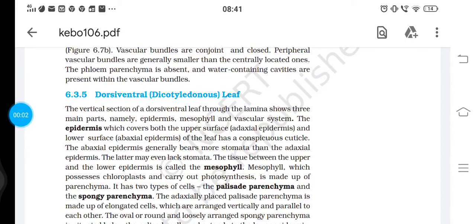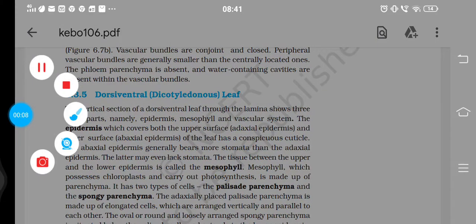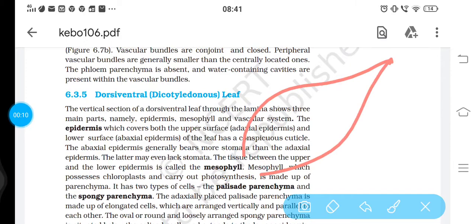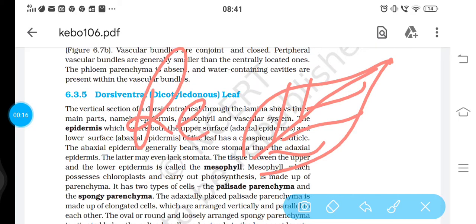Structure of monocot and dicot leaf. Dicot leaves are called dorsiventral leaves, which have a basic design like this, you know that, with a midrib, and from that veins arise, and this kind of venation is called reticulate venation. While the isobilateral leaf, or you can say the monocotyledonous leaf, has parallel venation.